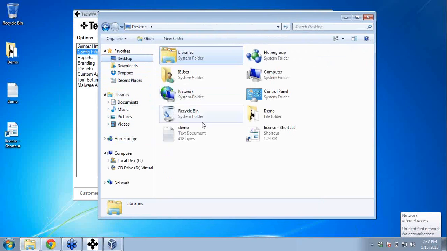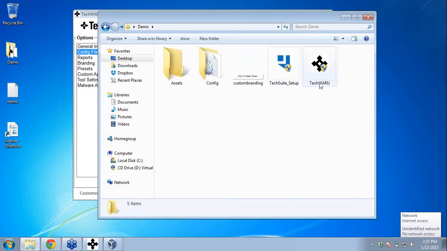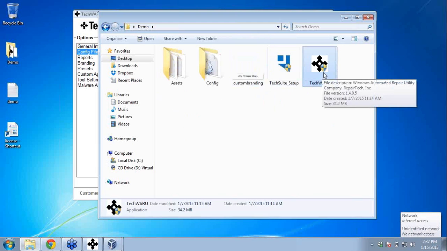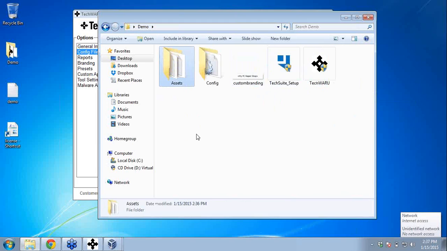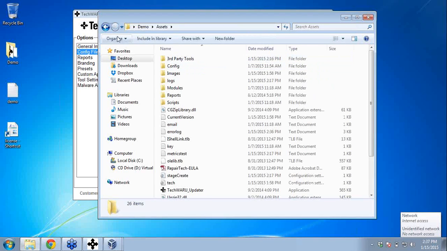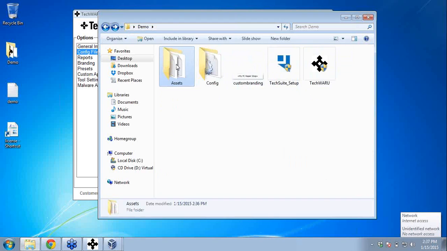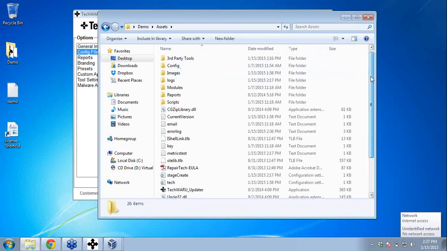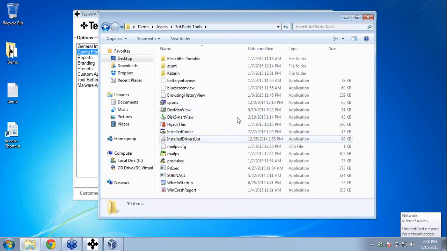It's a completely portable application, and I can show you here. I have it. It's just this exe file, techwaru.exe here. And what it does is when you run it, it unpacks an assets folder from the executable. And it'll always unpack that in the same directory as TechWaru. So you can run it from a USB drive, you can run it from any folder on a hard drive, whatever you want. And within that assets folder, you'll see that there are all of the tools that you've been running,